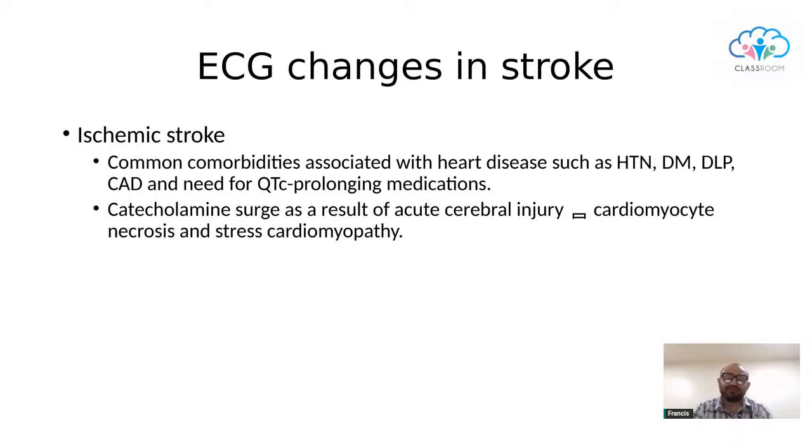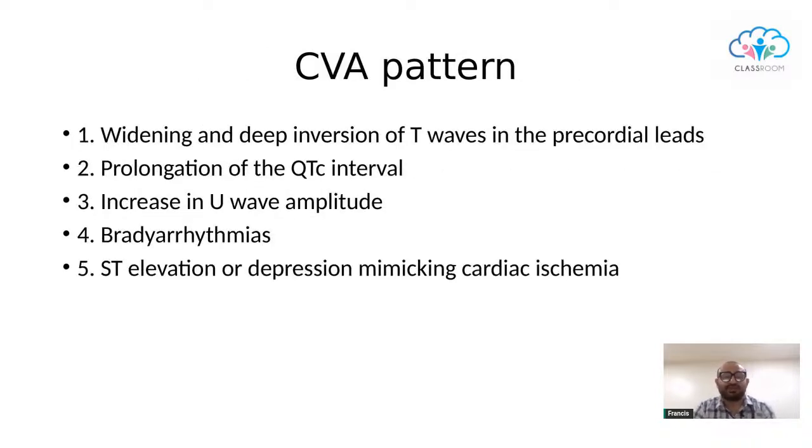ECG changes in stroke patients can also be seen because these patients usually have common comorbidities associated with heart disease, such as hypertension, diabetes, dyslipidemia, coronary artery disease, and these patients may be on QT prolonging medication as well. Ischemic strokes are characterized by catecholamine surges as a result of acute cerebral injury, leading to cardiomyocyte necrosis and stress cardiomyopathy, which may manifest on the ECG as well. So these are the common features of ECG changes in CVAs,